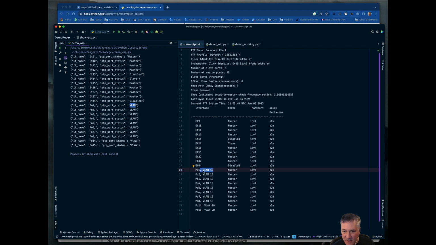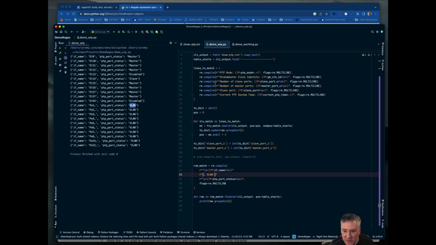So comma, a space, the word VLAN, a space, and then the number. So I'm going to actually put inside of here another capture group with this \d for a digit, and I'm going to name this capture group VLAN ID